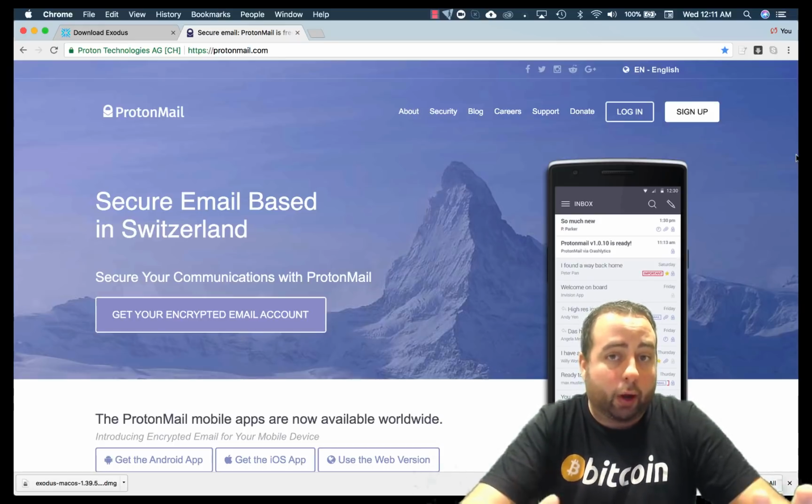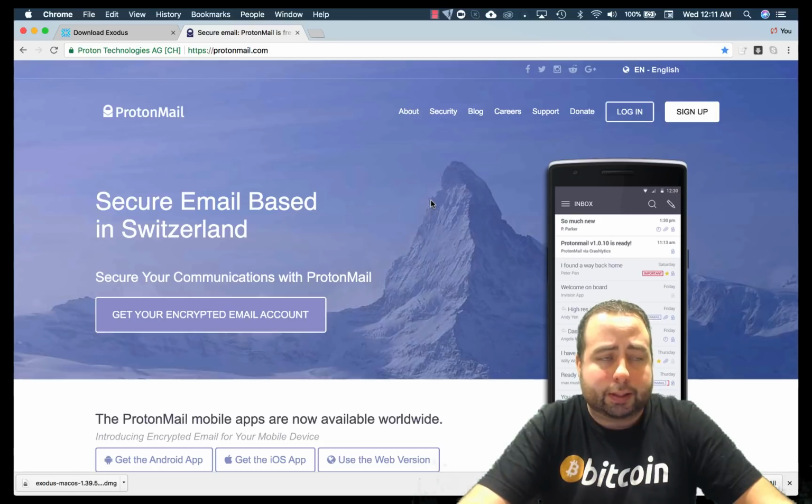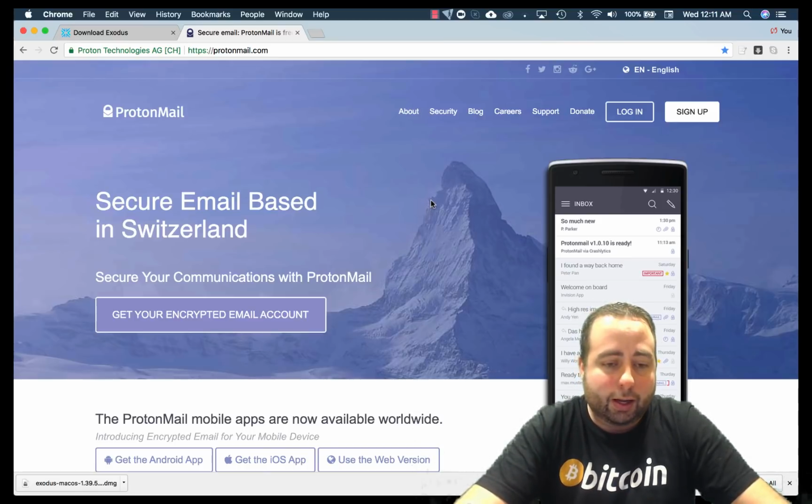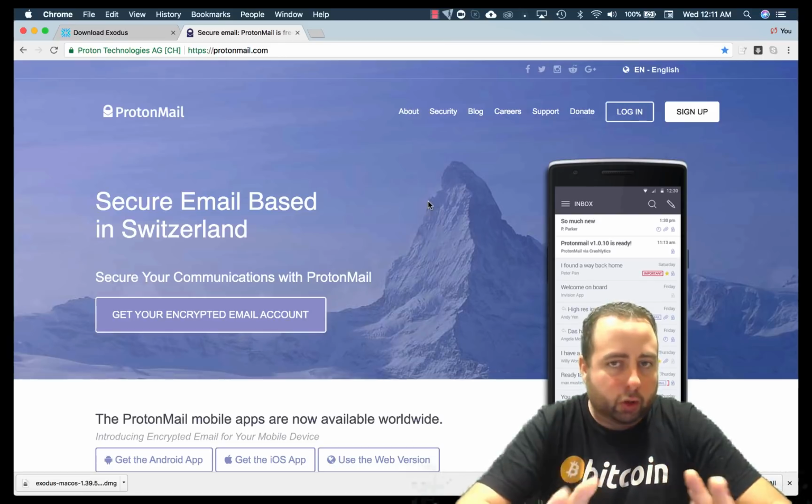So that's one thing. The other thing is when you log in and you click on settings on here, and there's a free option. I believe it's anything less than 5 gigs is free. If you want to upgrade from 5 gigs, then there's a few different options, and they do accept Bitcoin for payment. But anyways, when you go to settings,